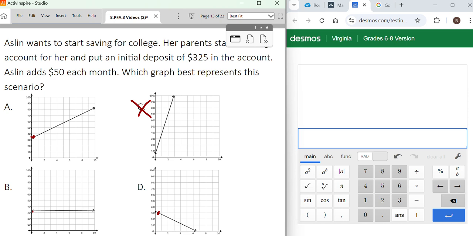Okay? Now it says Aslan adds $50 each month. So that means it should go up $50 every month. So if we look at B, that's staying flat. That would mean that they started with $325 and never added another penny. So we're going to mark that one out. Then if you look at D, that means you started at $325, but then you're steadily going down. Well, if she's adding $50 a month, that's not the case either. So A is definitely your answer, and your slope is 50/1,